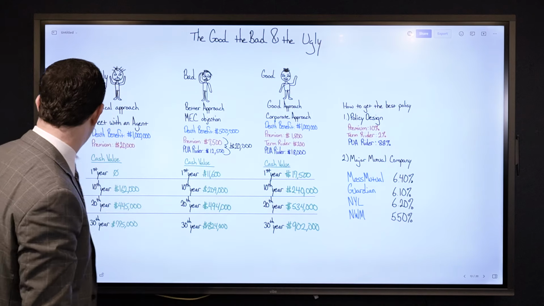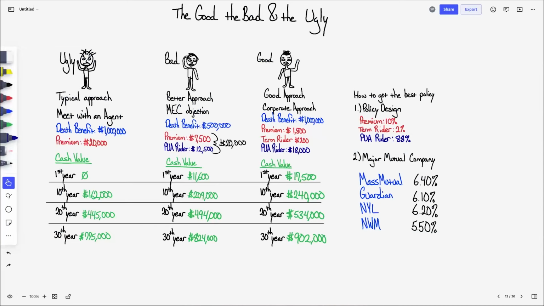The nice thing about this too is that it's flexible. So you're not billed for this every year. You can set it up that way. So what we see a lot is someone might say, I want to be able to pay in 10 grand per year, but getting a bill for 10 grand is going to stress me out. So we'll set it up where they're billed, if we take the premium and the term, they're billed for $1,200 a year, or $100 a month, and then PUAs, they add at their leisure,